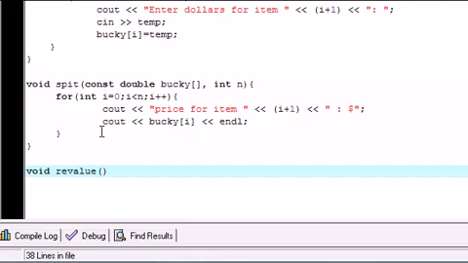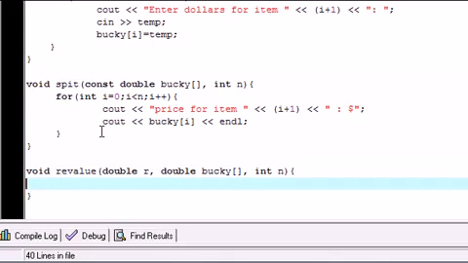The first one is the factor that you want to revalue it by, so double R for revalue. After this, insert your array: double Bucky as a second parameter, so the second parameter takes an array, and then int n for the limit of your array, or how many elements it has,